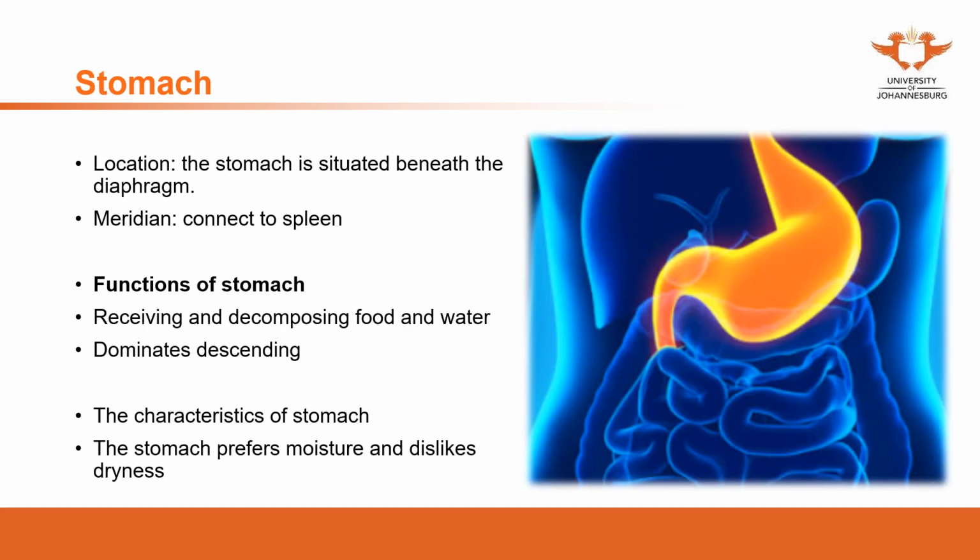The second organ we're going to talk about is the stomach. The stomach is situated beneath the diaphragm. The meridian of the stomach connects to the spleen, so the spleen and stomach are coupled meridians. The main function of the stomach is receiving and decomposing food and water. It dominates descending. So the first function, receiving and decomposing food and water, is actually the combination of the